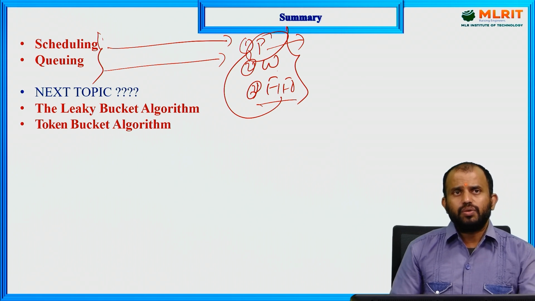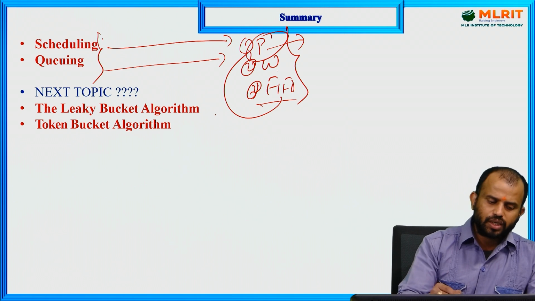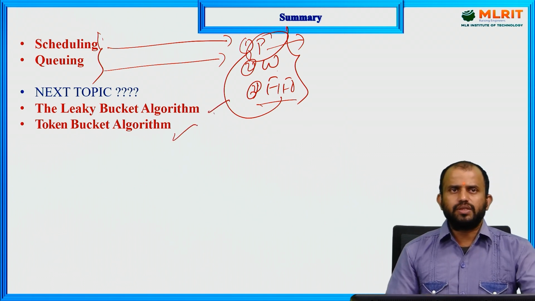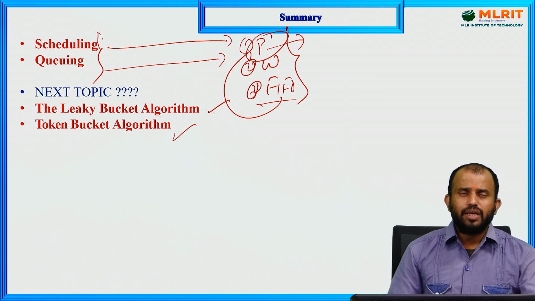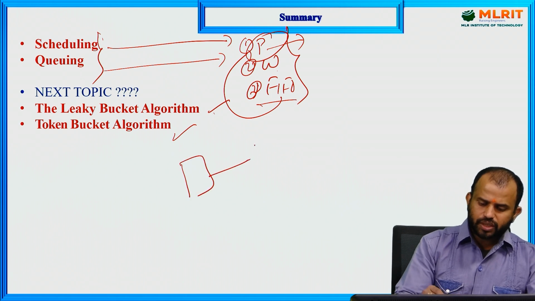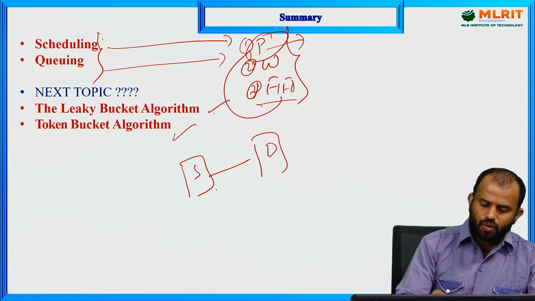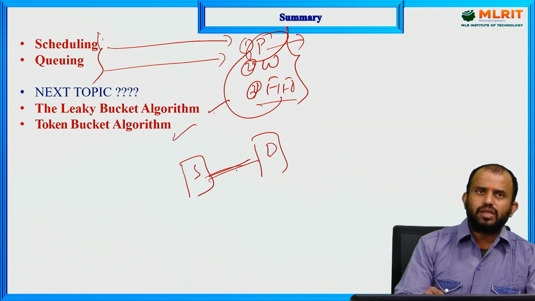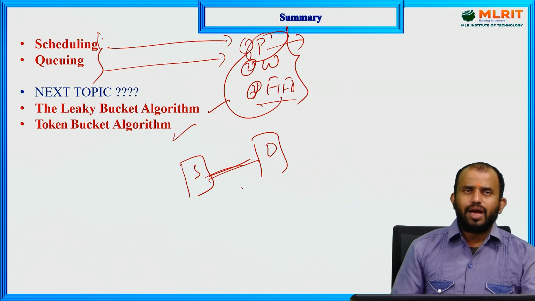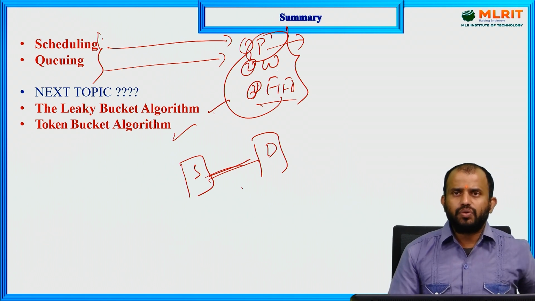So here we have to maintain some kind of architecture algorithm that we call the leaky bucket algorithm as well as the token bucket algorithm. In the upcoming sessions, we are going to discuss in depth what the leaky bucket algorithm is and what the token bucket algorithm is. While information is transmitted from source to destination, for example one source and one destination, how is the information transmitted when I use the token bucket algorithm, with the help of the scheduling mechanism, the policy mechanism and the queue mechanism involved?